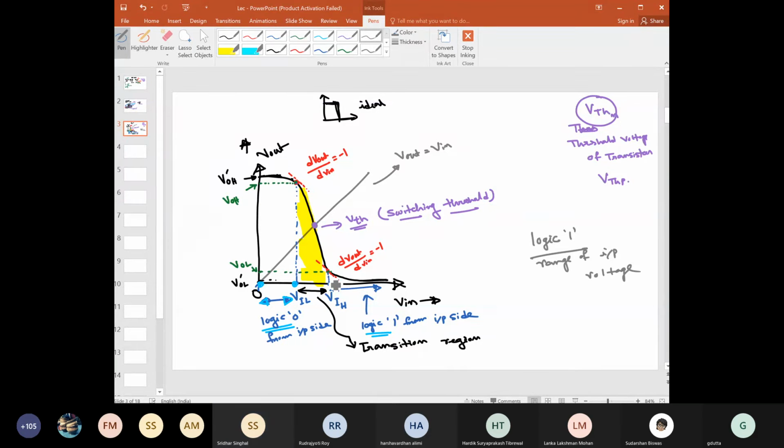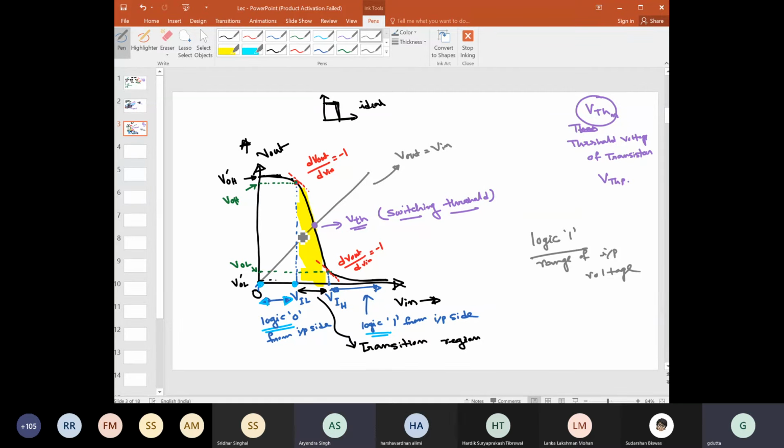No, sir. Can you define VTH again? The switching threshold. You said that below it we consider low voltage, right? Logic low, right? Are you asking how to define this VTH? Yeah, I'm confused, because we have already said that up to VIL I'm considering logic 0, and for VIH I'm considering logic 1. And you said VTH is also, technically, anything below VTH can be considered as logic 0, right?